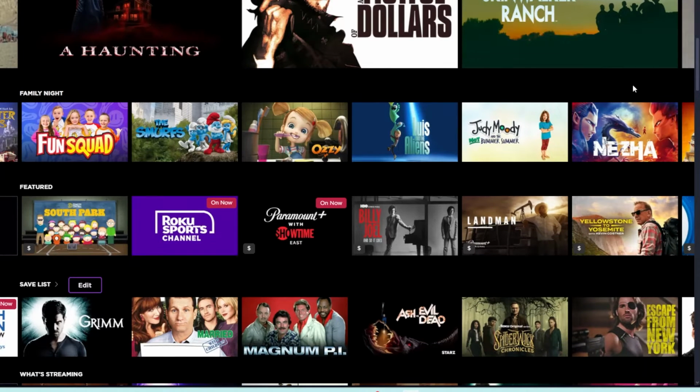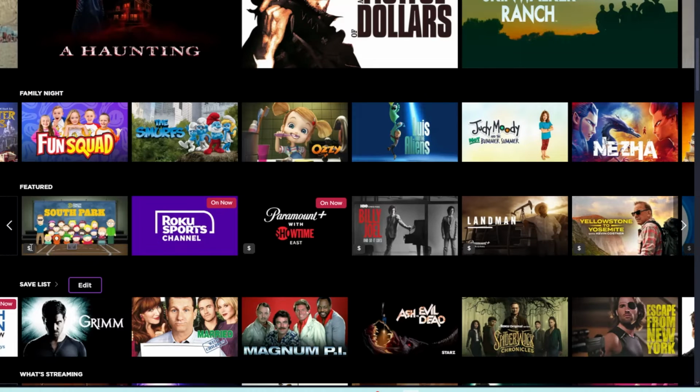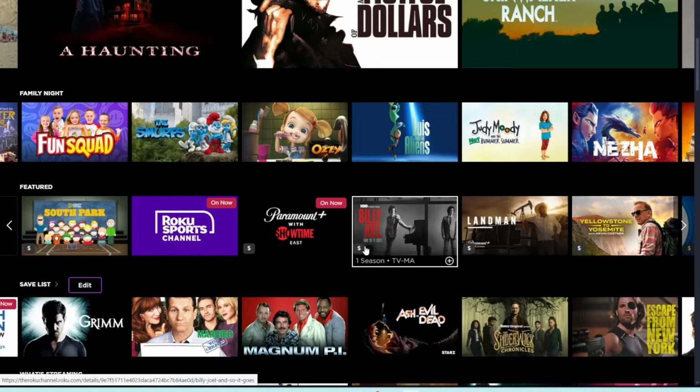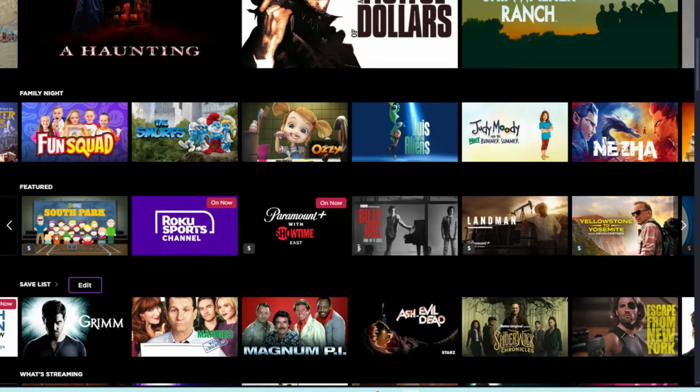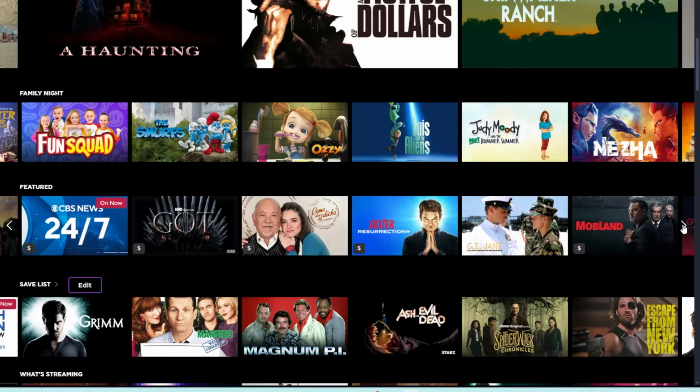Now, since they do have some pay stuff on here, anytime you see this little dollar sign right here, that means it's a pay service. Like this is on Paramount, through HBO, so you're probably going to have to get Max through this right here. South Park right here, and if you want to, you can go in to find out what it is. And they're going to put a lot of this stuff on featured because they do make money selling the other product. There isn't a way just to click off to just see the free,